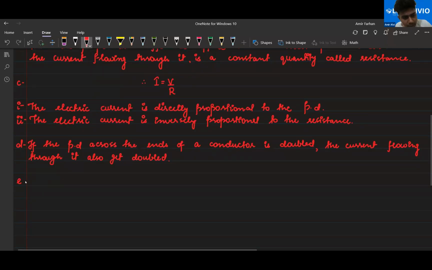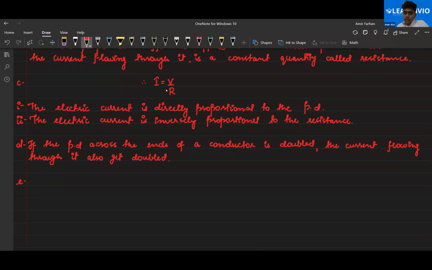Okay? And if I decrease the potential difference by half, what will happen to the current? The current will be half. Yeah. So current will also get decreased by half. Okay? Potential difference is directly proportional. Now, everyone, if I